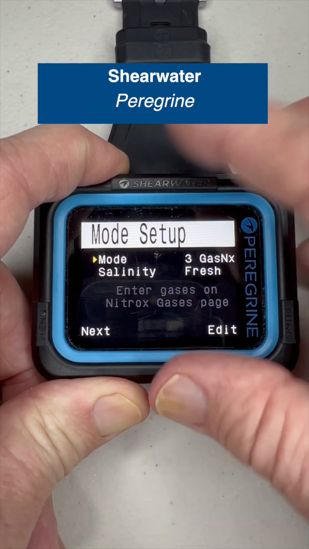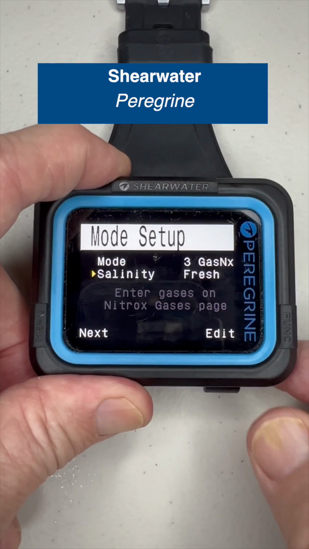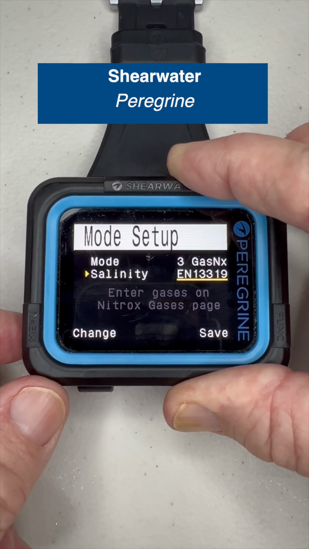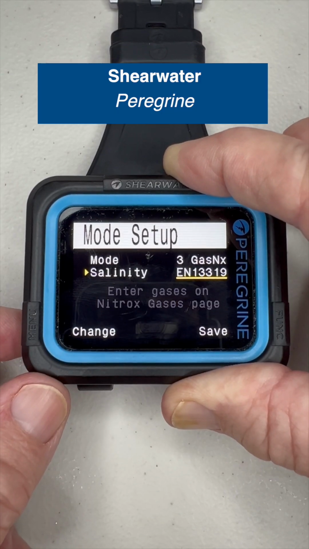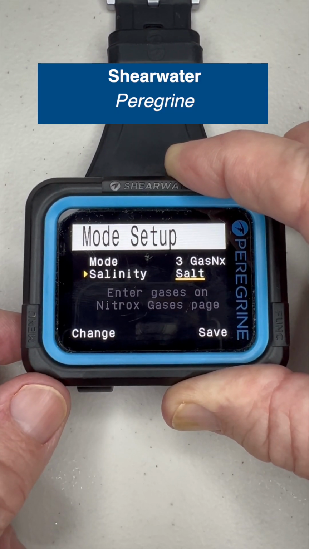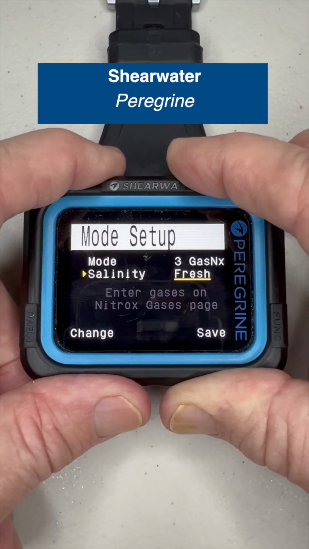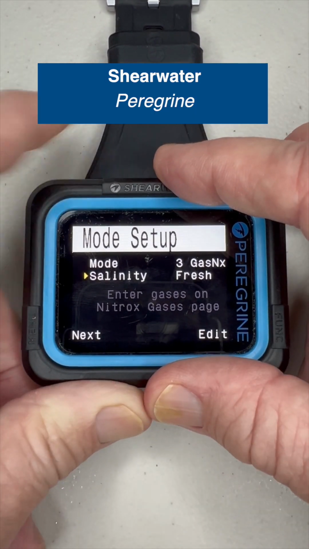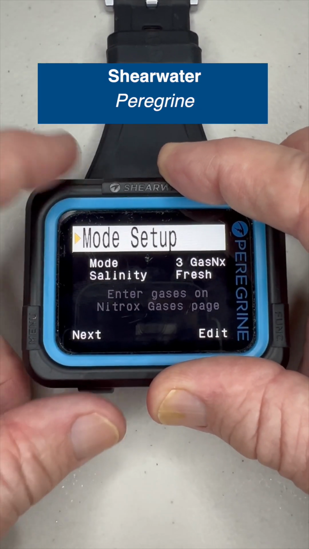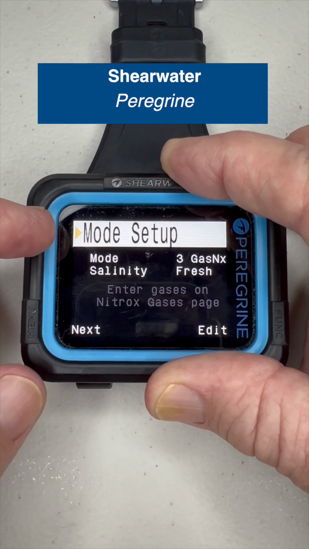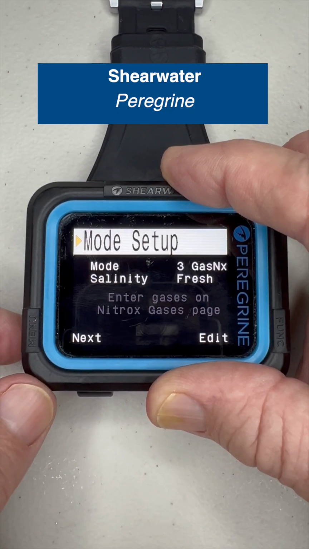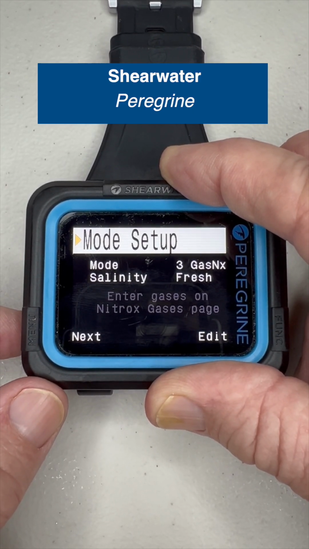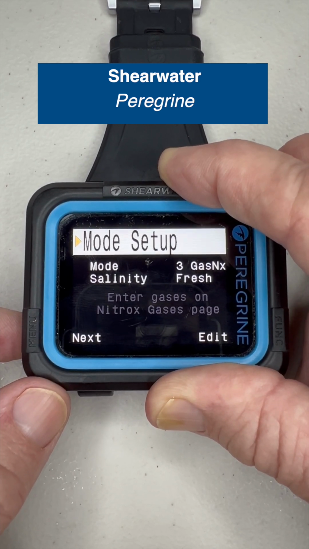And then the next item would be salinity, and edit that would be fresh EN 13319 or salt. So we're going to leave that at fresh. And next on that, now we're back to the mode setup. So we're going to next that, which takes us to the next system setup item in the list, which is